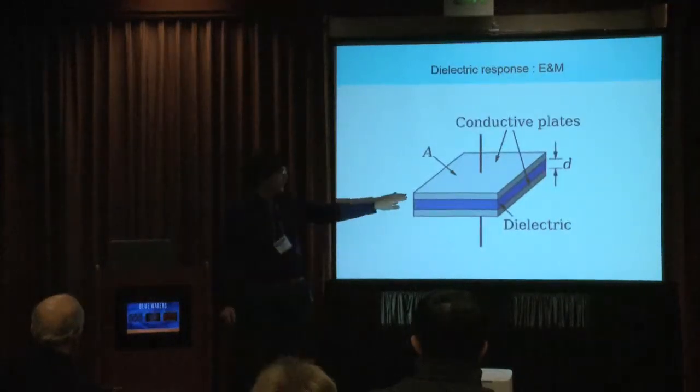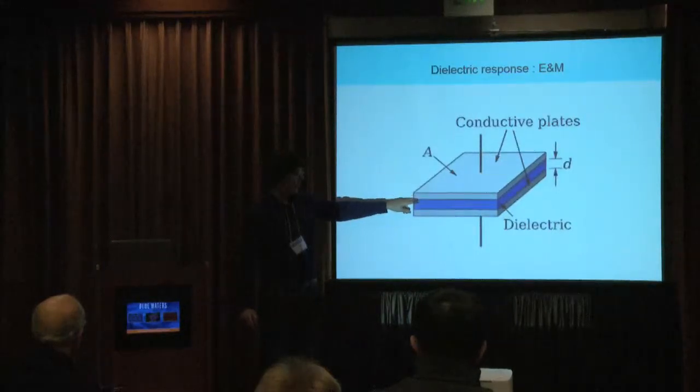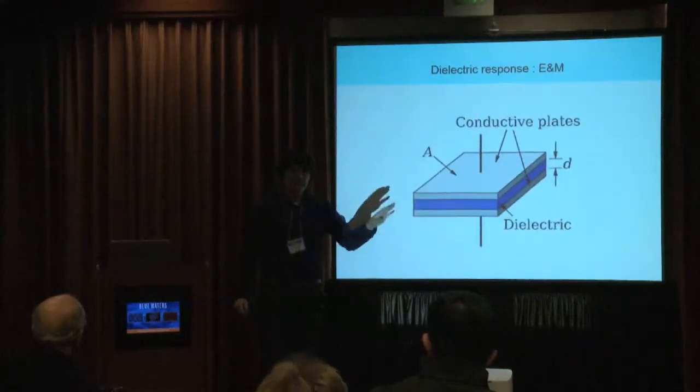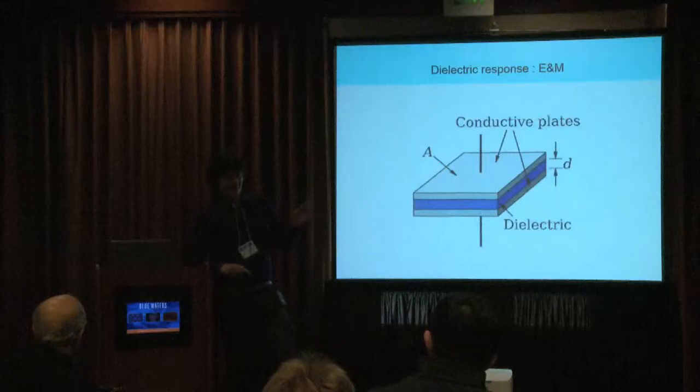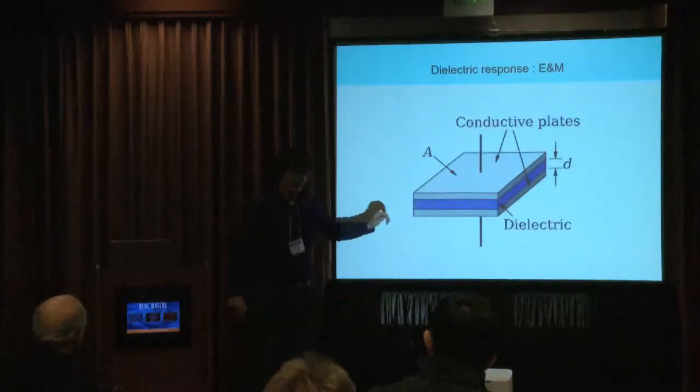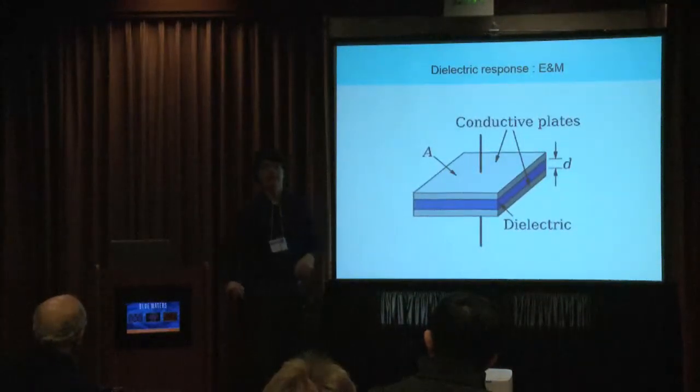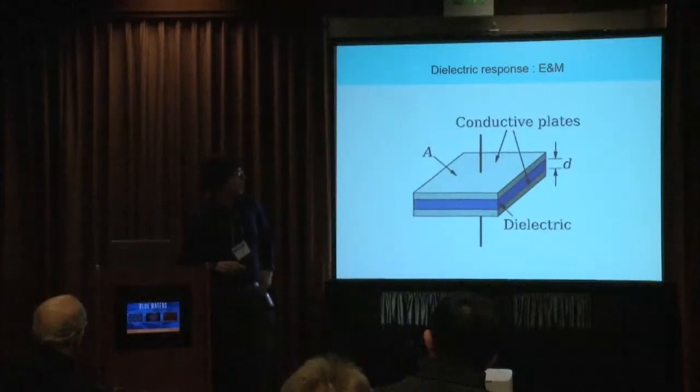when you put some charges on this plate, say you put electrons here, the electrons right here repel those electrons, and they go to this side. And so you get an electric field going in the opposite direction. And that's what we call